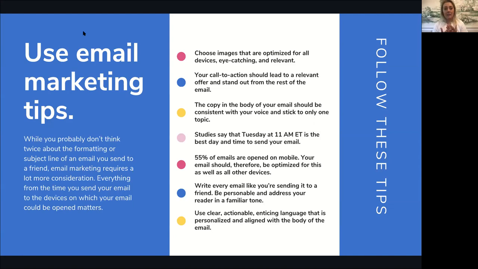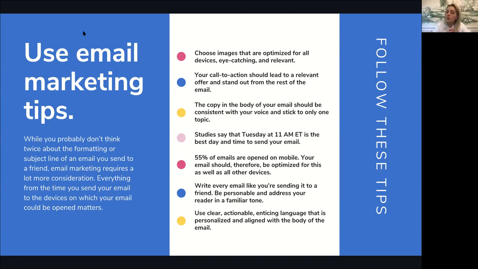I recommend that you have a professional photographer come in and take photos of your product or service. Spend a little bit of money, have a photographer come, because then you have some of your own images. You can 100% use stock images for some things, but there's a time and a place for stock images. You also need to have images that are yours.